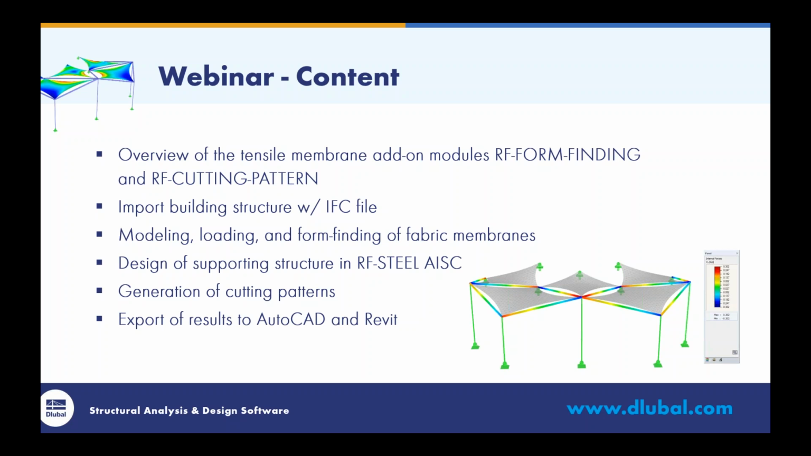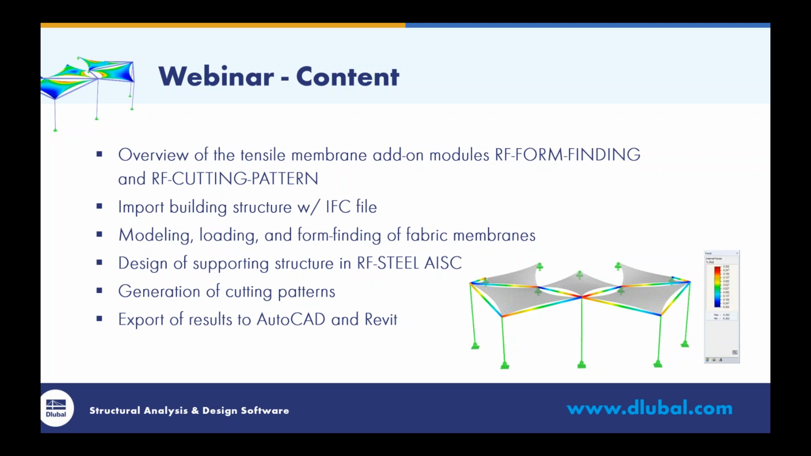So I want to quickly give an overview of the Tensile Membrane add-on module, RF Form Finding, and a little bit later on we'll get into the other add-on module, RF Cutting Pattern. I want to first start off with our example today by importing in a building structure with an IFC file. The purpose of this is just to make sure that we set up the canopy geometry correctly to frame into our adjacent building. Then we'll move on to modeling, loading, and performing the form finding procedure of these fabric